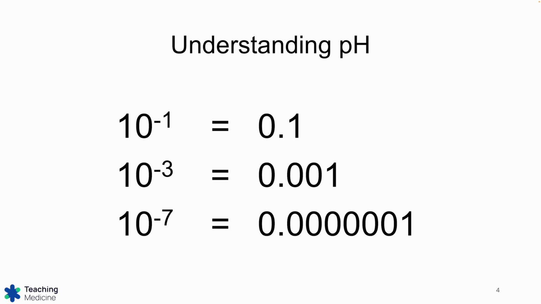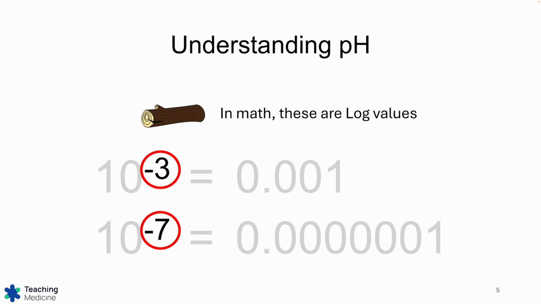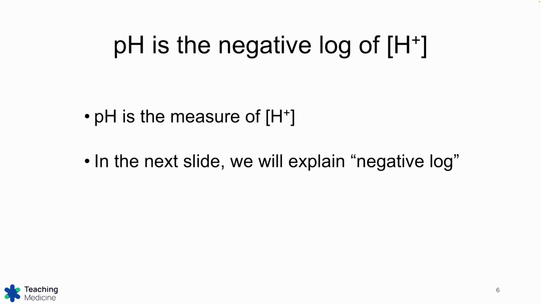Remember that when you have exponents for the number 10, it tells you how many decimal places you have. So 10 to the minus 1, 1 decimal place, 10 to the minus 3, or 10 to the minus 7, 3 or 7 decimal places. In math, these exponents are called log values. So we're going to pay attention to these log values with pH. pH is the negative log of the hydrogen ions,